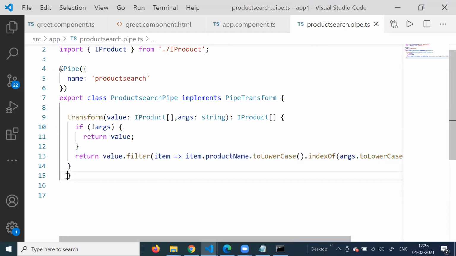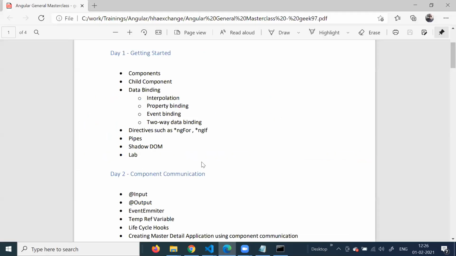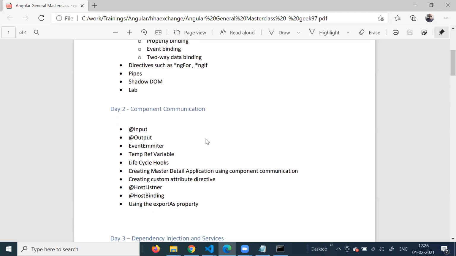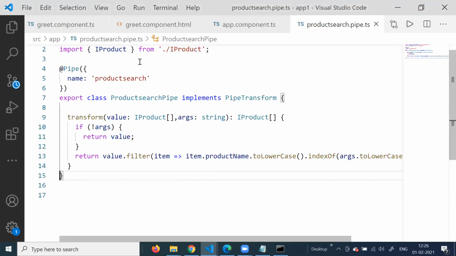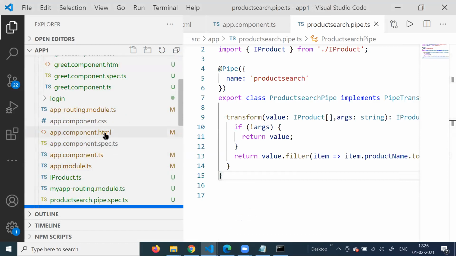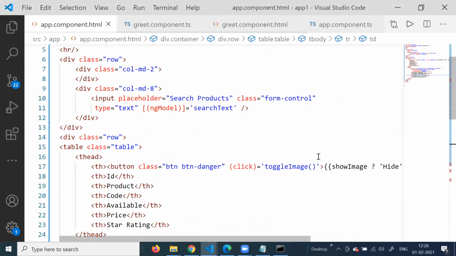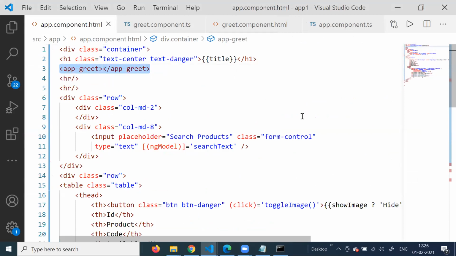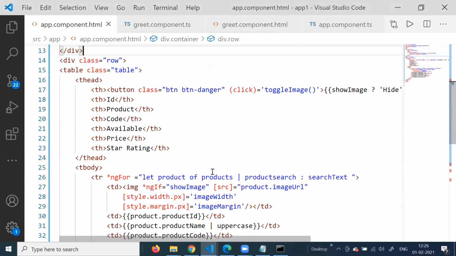Okay. Let us move to the next topic. So here you see that in app.component.html, we are using this app grid. So we can say app grid component is a child component of app component. And we'll cover more about parent component and child component tomorrow. All right. So next, what I want to do,